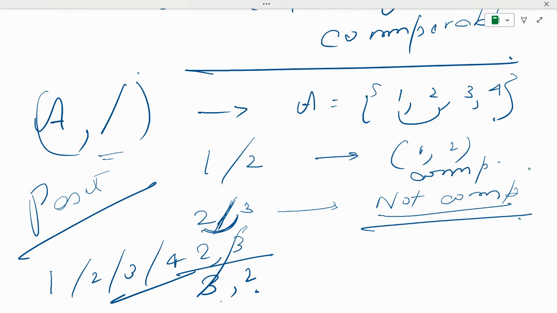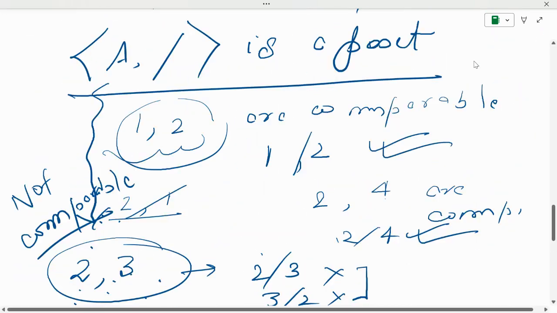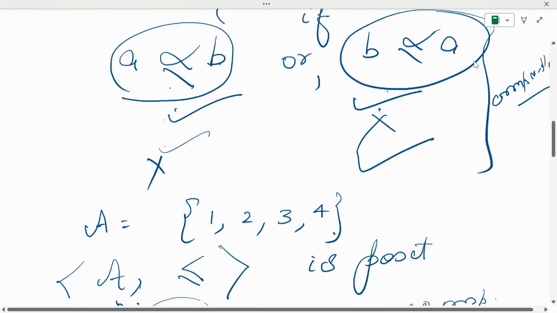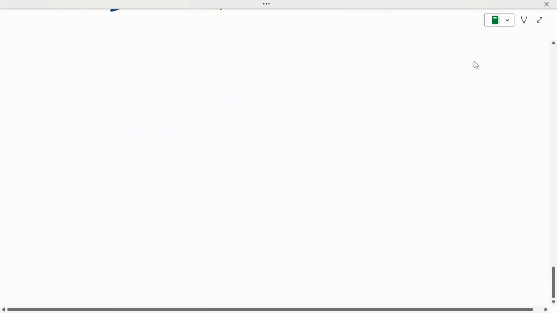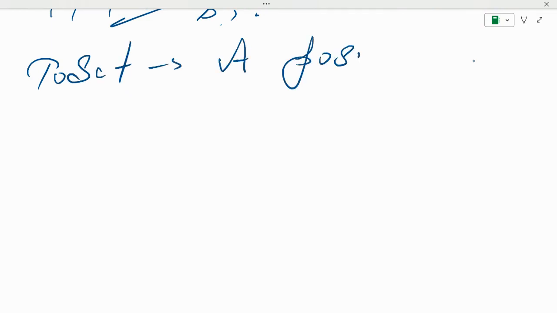So this is the basic difference. That's why I went through this comparable part. Now let's go through the formal definition of Toset. So what is a Toset? A Toset is a Poset, written as P with this partially ordered relation sign,